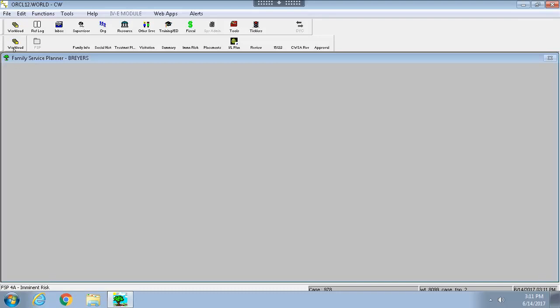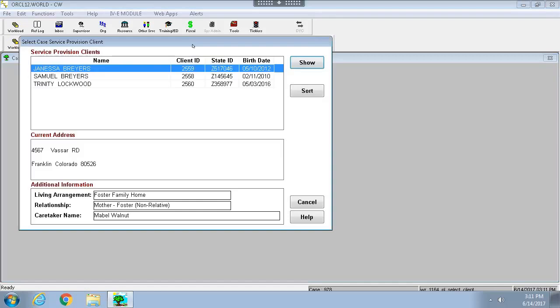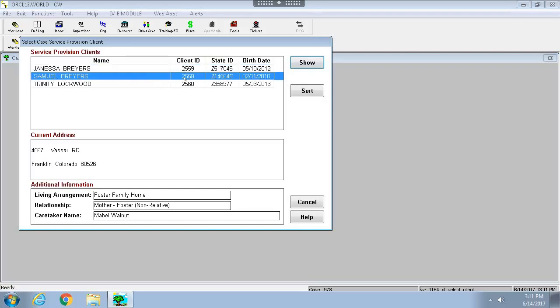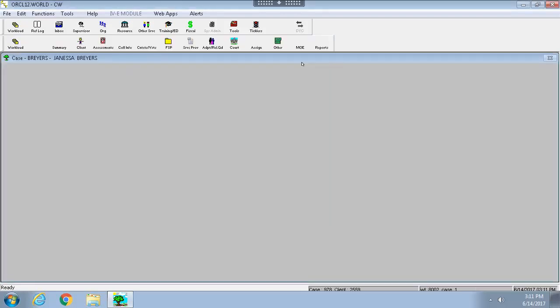So in order to do that, we're going to go over to the workload button and get into service provider, that tab here in the secondary toolbar, in order to get to the service authorization section. So I'm going to pick one of the three children in order to open up a service. Let's say we're opening up a service for Janessa, for example. So I have her highlighted, and I'm going to click on Show, and then it shows that I have Janessa